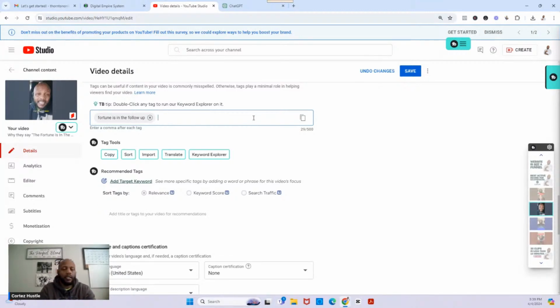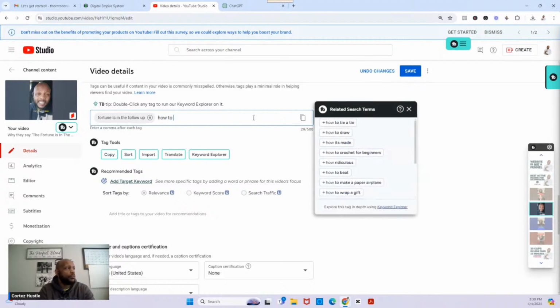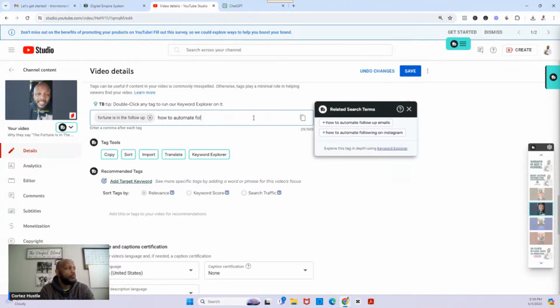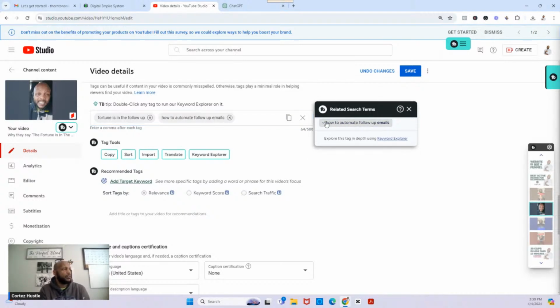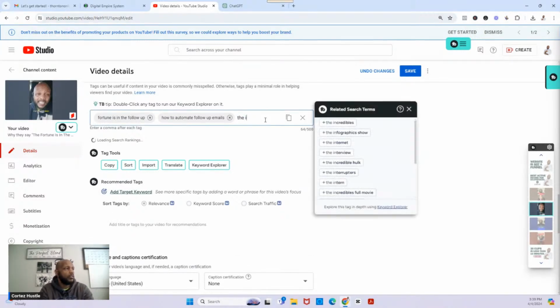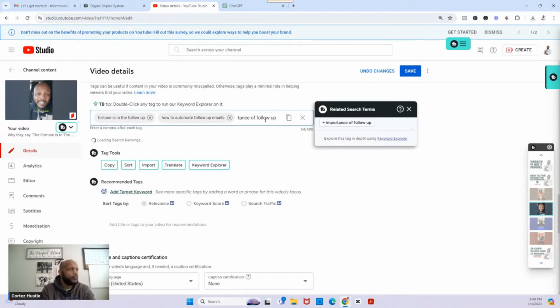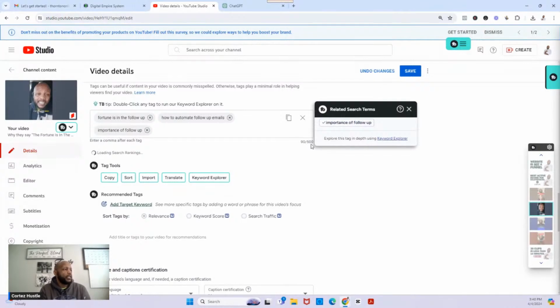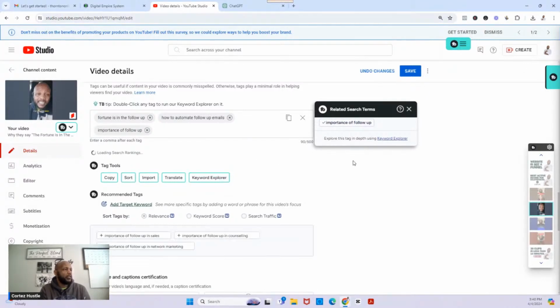I'm going to say how to automate follow up. So boom, that could be emails, the importance of follow up. Add that, and I can really go down here and explore some keywords.